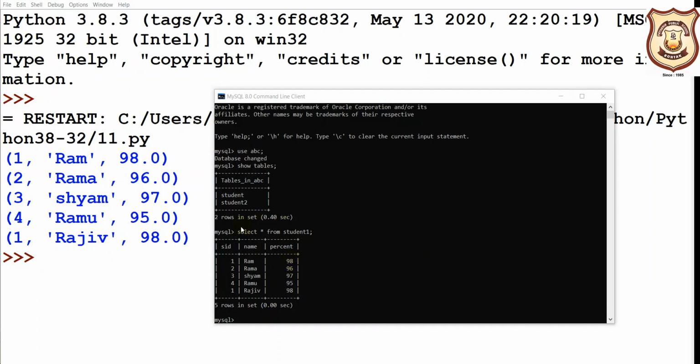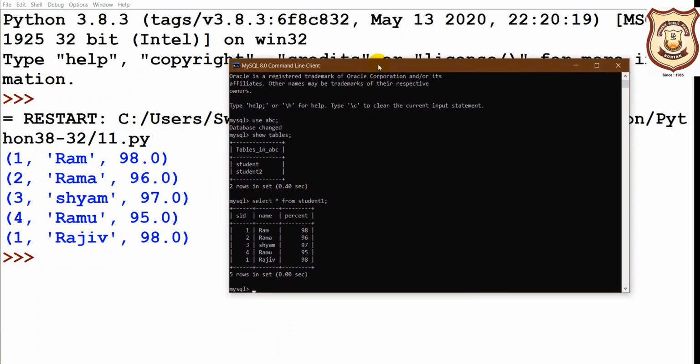So you can see the same table has been created here in student 1. First name Ram 98, then Rama, Sham, Ramu and Rajiv, the same percentages. In this way we can say our connectivity has been done properly.